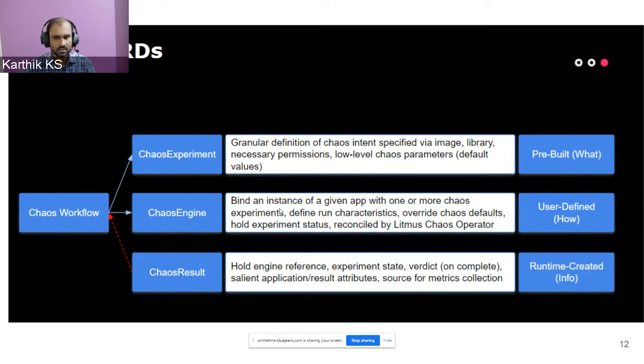The chaos result is runtime generated, and it has information around what happened during your experiment run. So each developer or user of chaos has his or her own idea of what the experiment should do and what state it should be in, what information should be packed alongside the experiment run, what metrics need to be looked at, and based on the hypothesis that you've specified, what is the verdict of the experiment, whether it passed or whether it failed, etc. So that is what chaos result